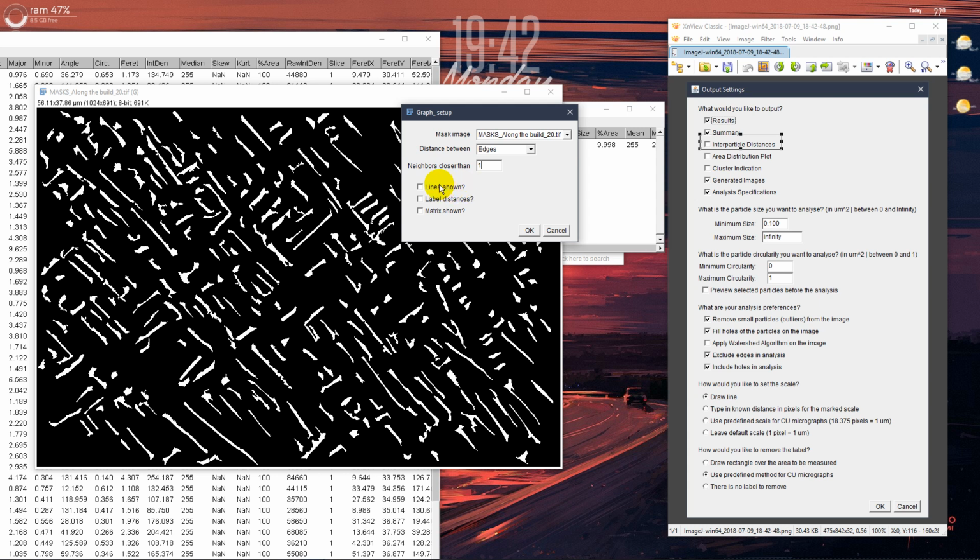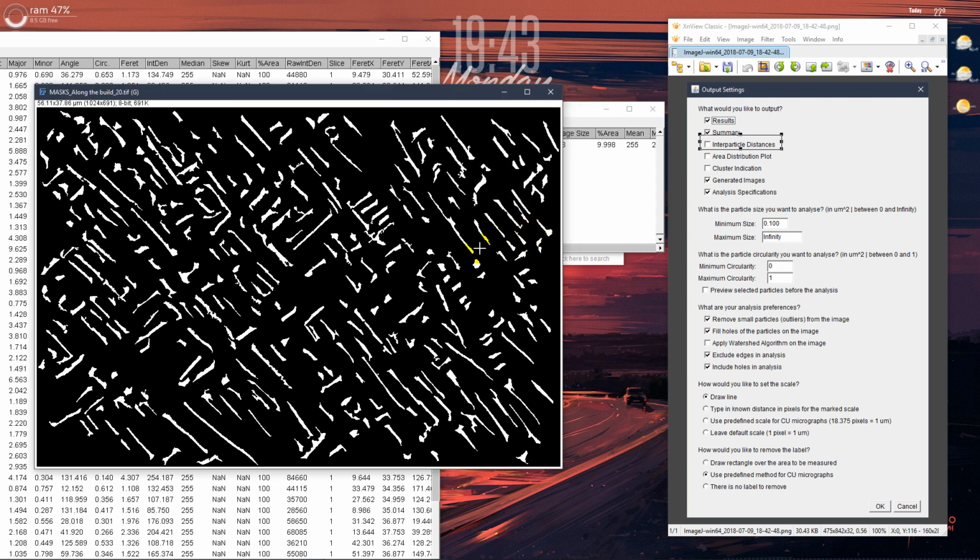And the previous window also mentioned to select all these 3 checkboxes for the best results. So we want to have the lines shown, we want to have labeled the distances to see the number on the line which will be drawn, and show the matrix, calculation matrix. So as you see, this image is actually not the outline image, it's the masks image. So this image will be also saved, and it's easier for the program to mark the distances. Let's click OK,